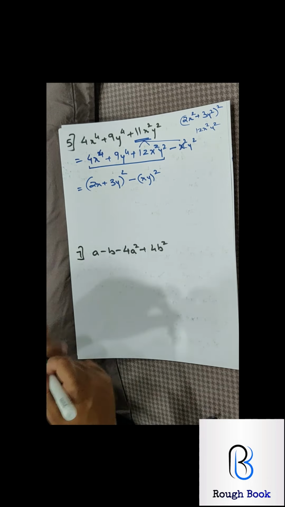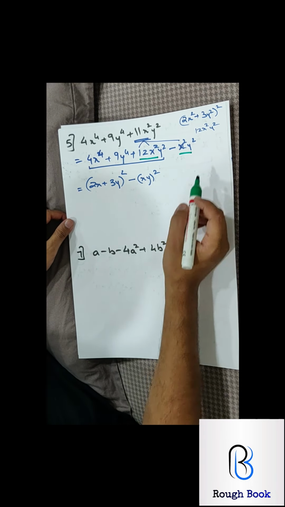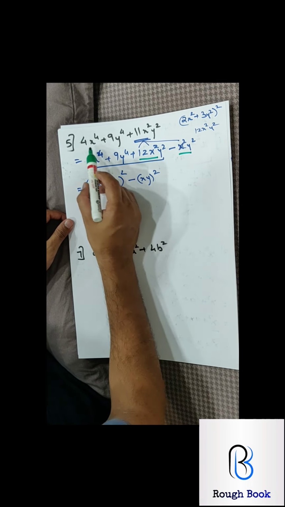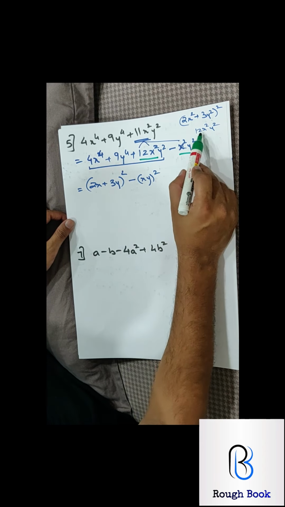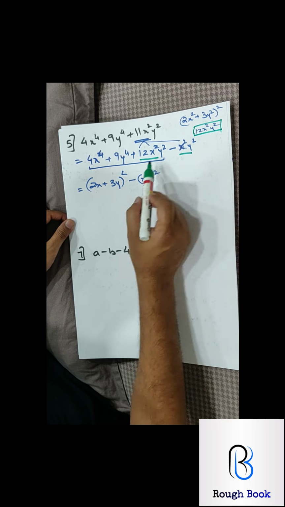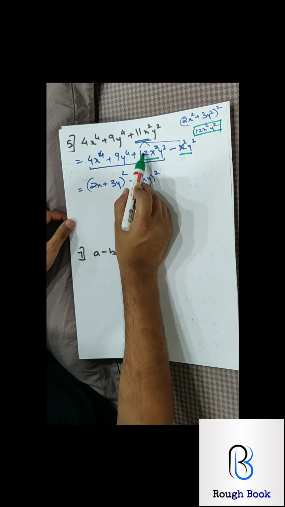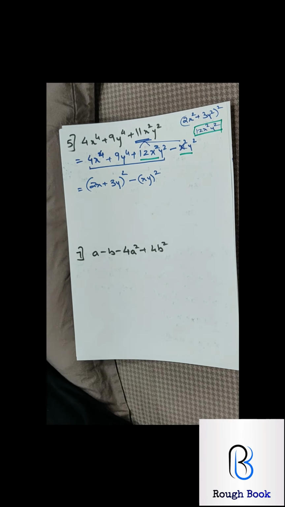So we got two parts over here. The first one is 12, second one is this. How did I come to know 12? I just picked this, solved it in the rough, a square, b square, 2ab. So the 2ab told me that I need this. So I put this as first part, second part automatically minus 1.